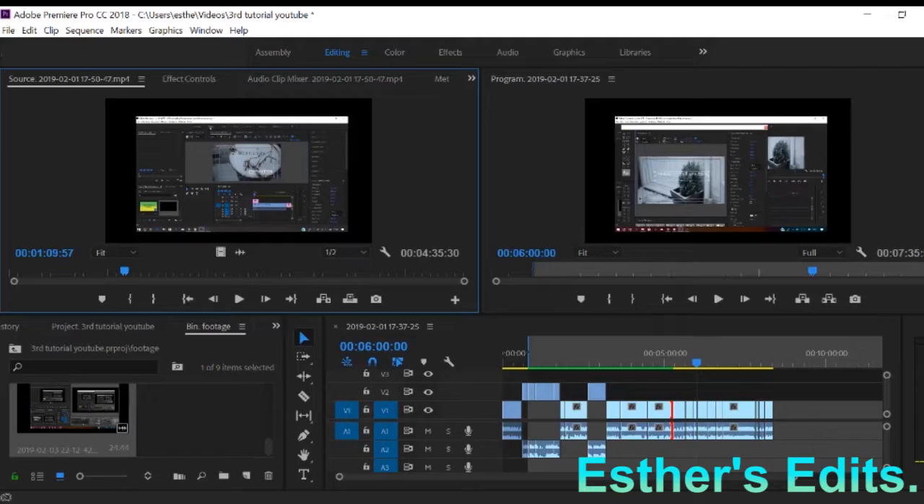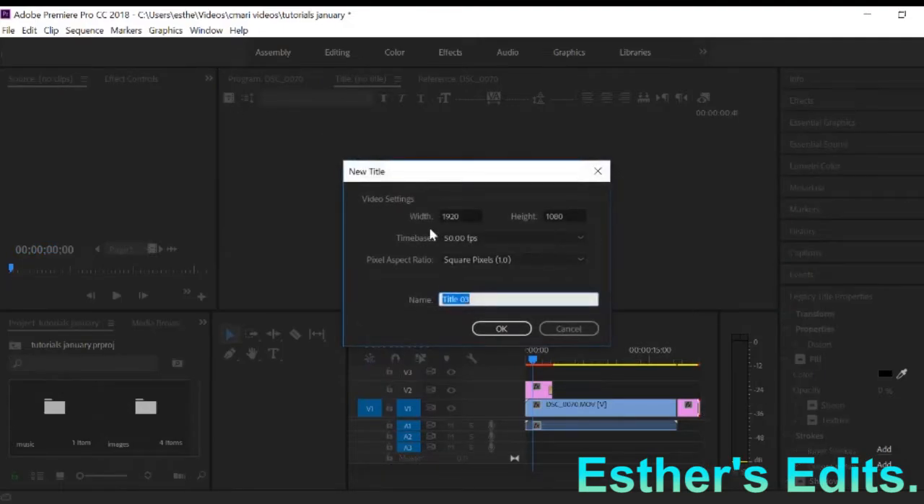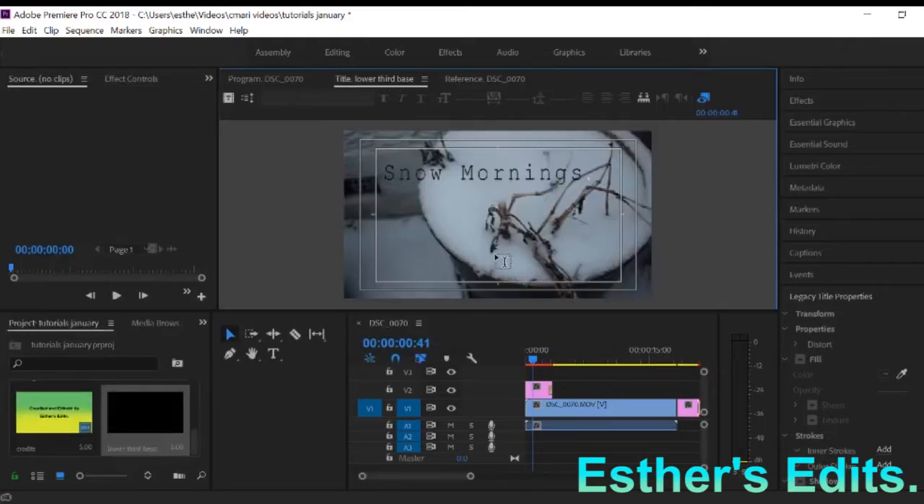You can just reuse the same template and copy it and put it onto the new footage that you want to put it onto. Going back to the text panel and click new text base and save it as lower third base. Press OK. Yep, it will come up with this typing tool, with this typing pad for you. Click where you want your lower third base to be. So for mine it's going to be Esther's edits,